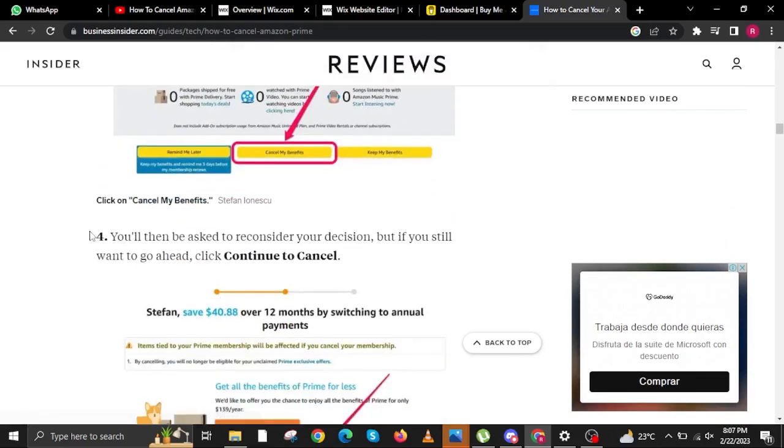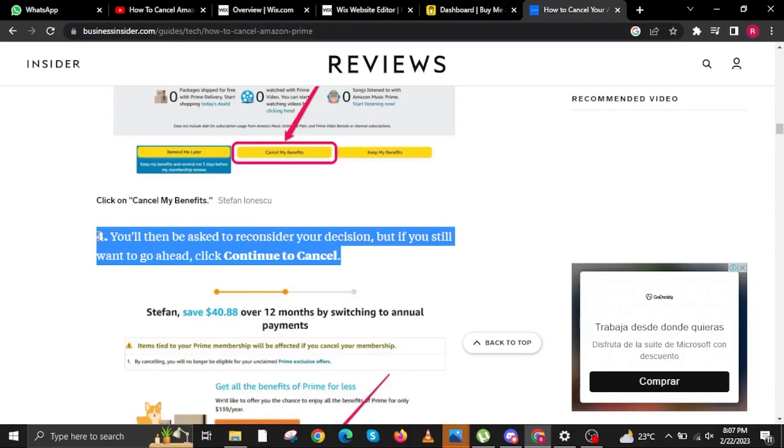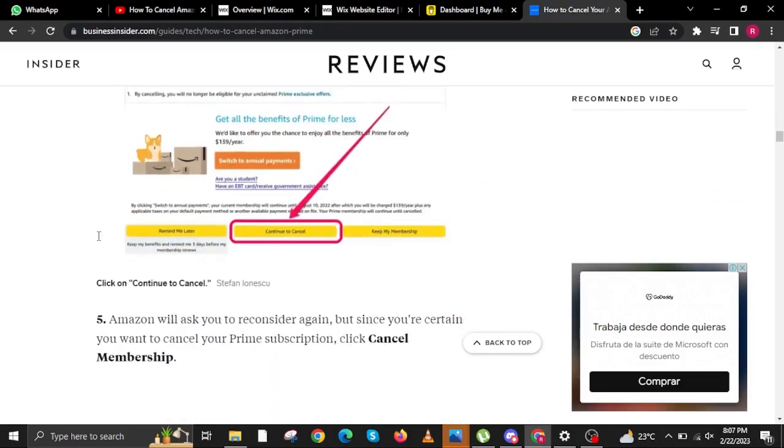Once we're here, we're proceeding to step number 4, which is you'll then be asked to reconsider your decision. But if you still want to go ahead, click Continue to cancel. They really want you to keep subscribing, but in this case, if you've made up your mind, just click on